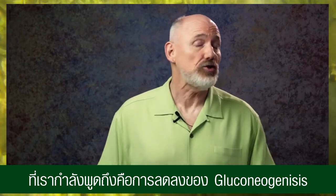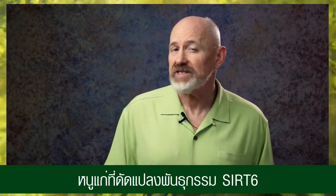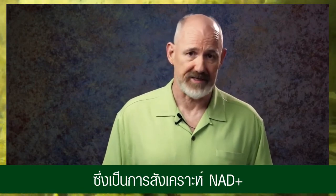Now, we're talking about food here, and an example of this would be during a short period of fasting or calorie restriction. So what we're talking about here is that reduction in gluconeogenesis that I was describing earlier. Wild mice have an age-related decline in both glucose homeostasis and in liver glucose output. Old SIRT6 transgenic mice were able to preserve both glucose output and glucose homeostasis by improving utilization of lactate and glycerol. To do this, SIRT6 increases gluconeogenic gene expression in the liver, NAD+ synthesis, and it systematically enhances glycerol release